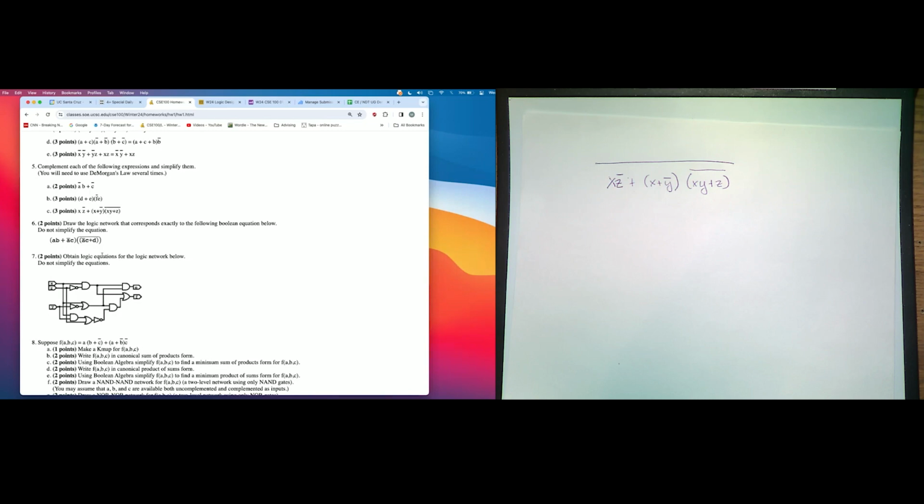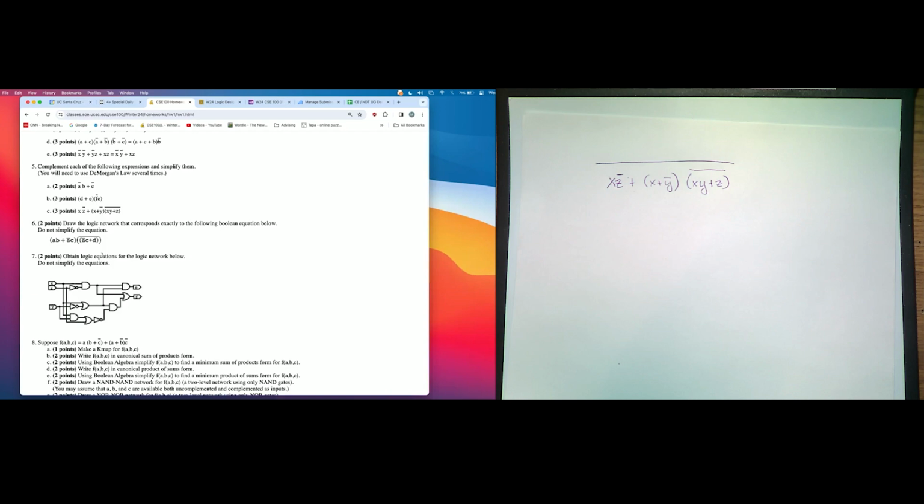Any other questions? Yes? That was partially adjusting my sleeve, but just to double check, you apply De Morgan's law in the same order that you would apply the operations normally. So in this case, you would apply De Morgan's law to... Yes, it's a good thing you asked that.